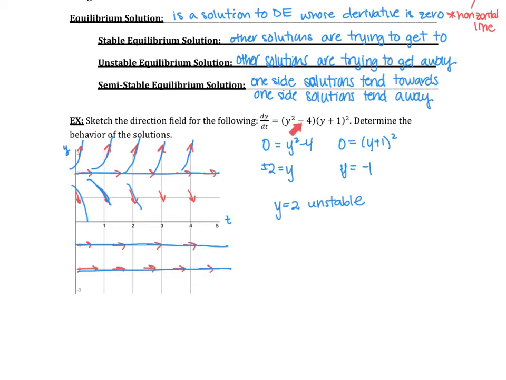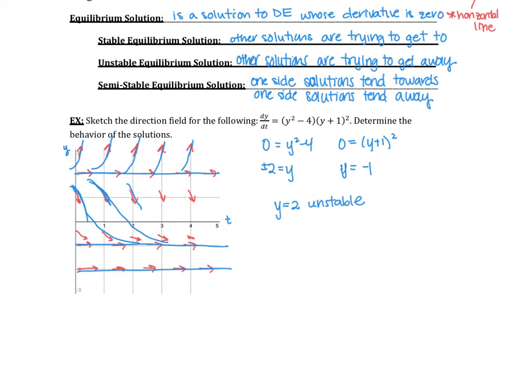So this is going to be negative, but a pretty shallow negative, meaning not very negative. And so we're going to have negative. And so if we follow these curves, we might have something that looks like this